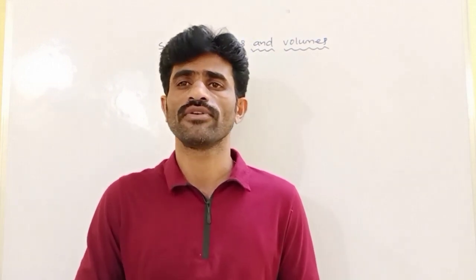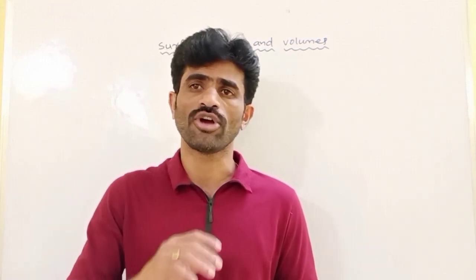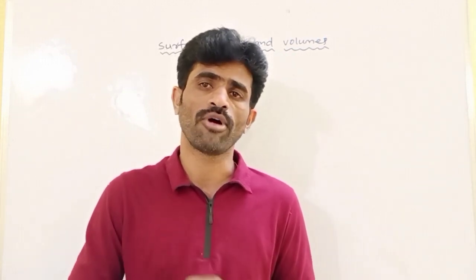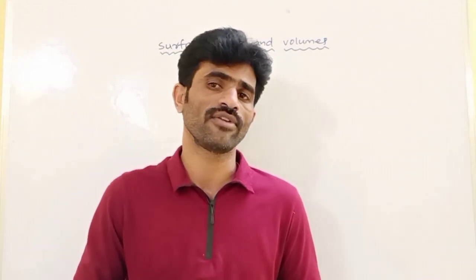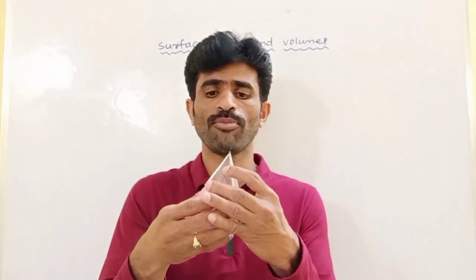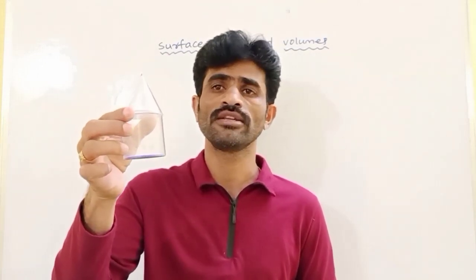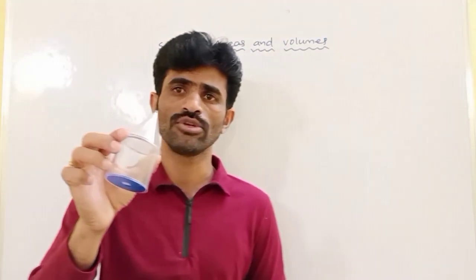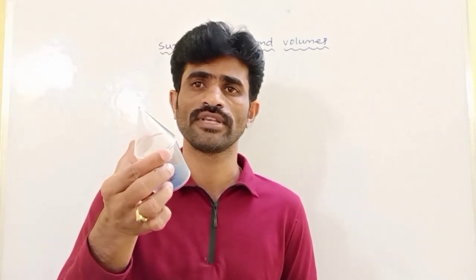What all combinations will we have? For example, if you take a sharpened pencil, the top portion will be in the shape of a cone and the bottom portion will be in the shape of a cylinder. So if they ask you to find the LSA, TSA, or surface area of that solid, in what way can we find it?